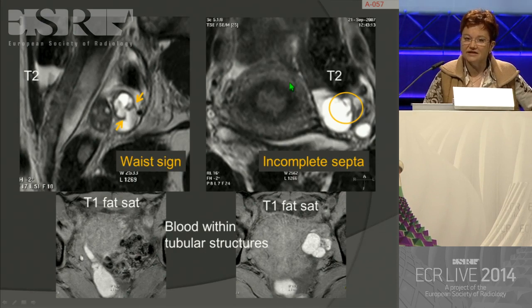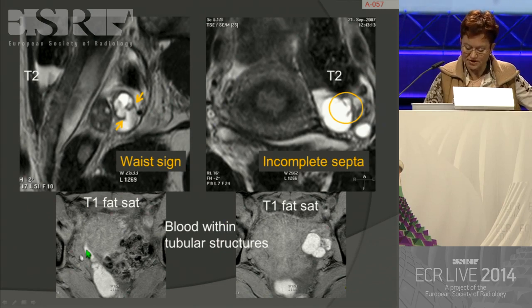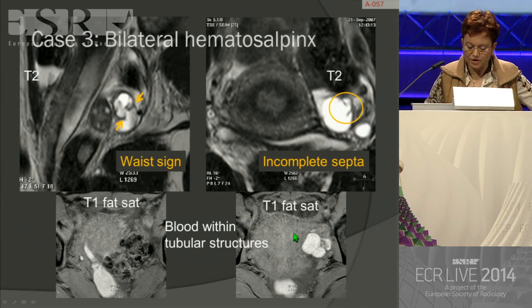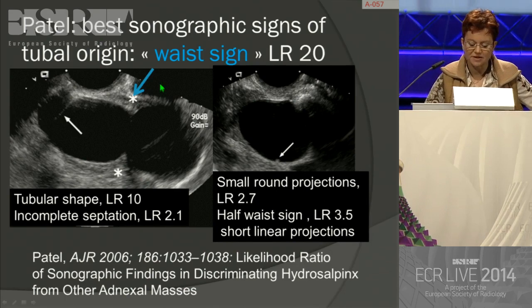But there are signs that are typical for a tubular origin of a mass. The famous waist sign, if you have a belt around your waist, like here, the incomplete septa. And of course, here you have on the T1 weighted images the blood within the tubular structures. Now, on ultrasound, the best sonographic sign for a tubular origin is this famous waist sign, or the belt around